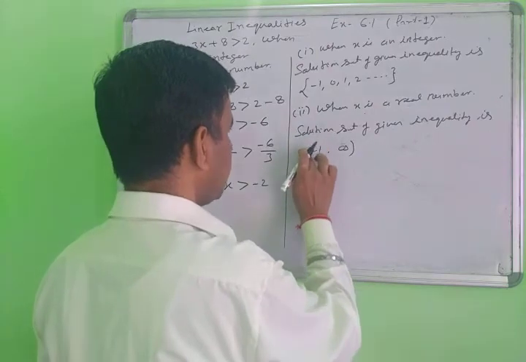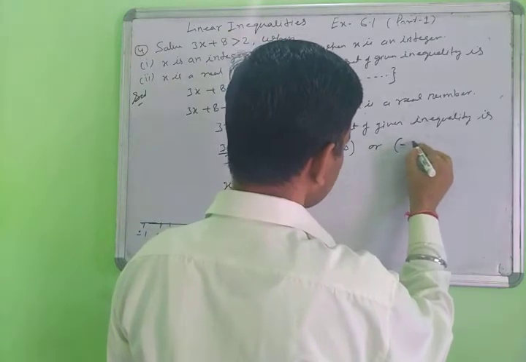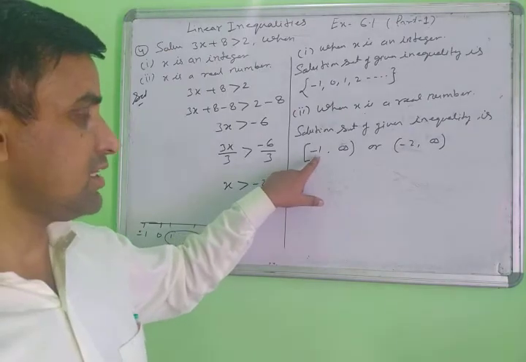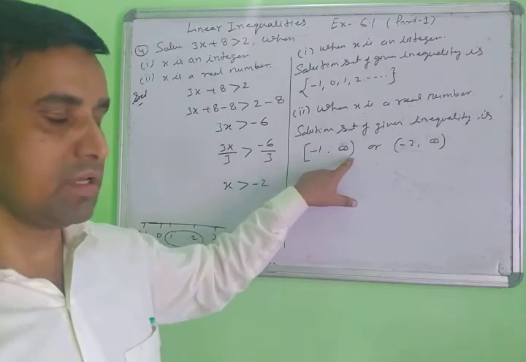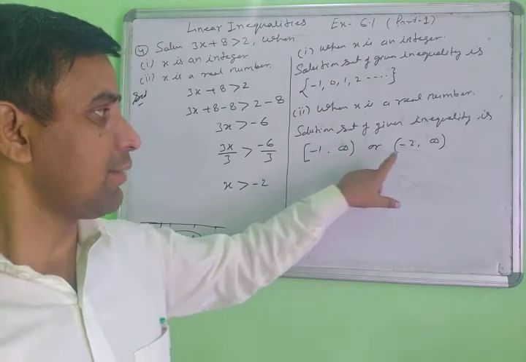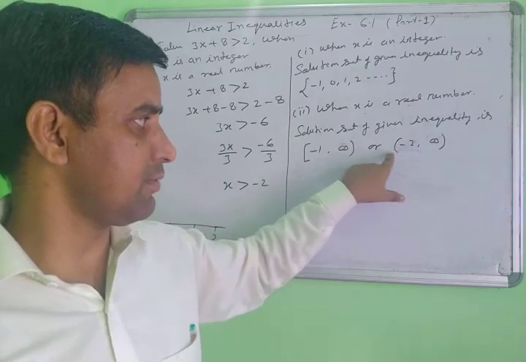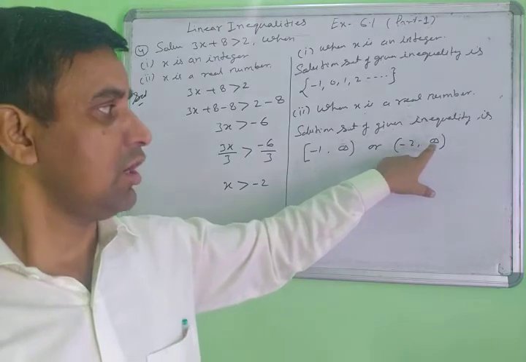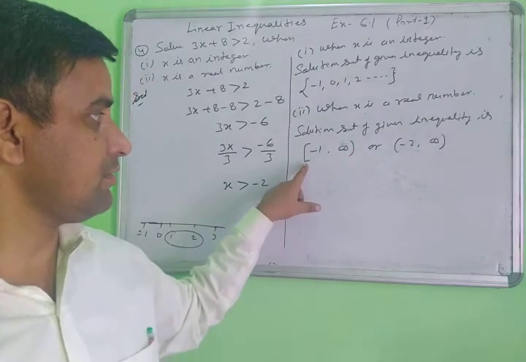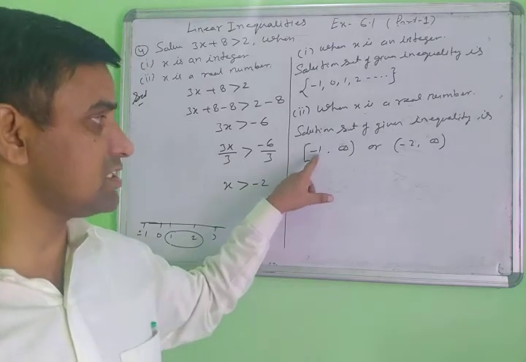If minus 1 is included, then it is a closed interval. Otherwise you can represent it as minus 2 to infinity. A closed interval includes the limit; an open interval does not include the limit. Infinity is not included. Minus 2 here is not included either, so this is an open interval on both sides, with all real numbers in between. Or for minus 1, we use a closed interval, which includes the limit as well.